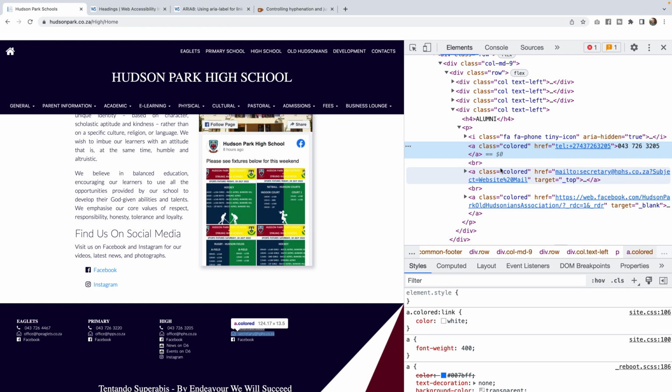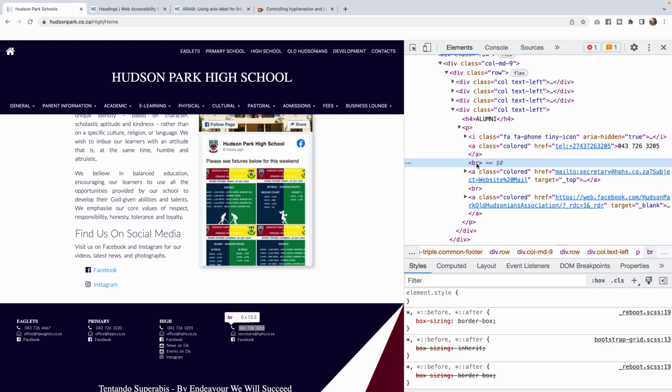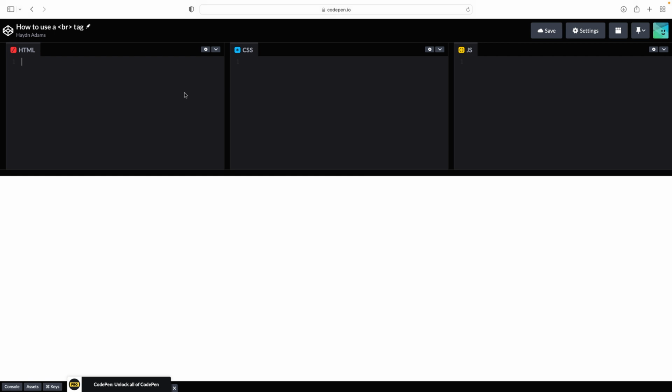So let's talk about break tags. Break tags should not be used to create space or break apart things. If we look at a break tag, what it should do is, if I have a P tag right here, so if I type P and then I'll close the paragraph just so I don't lose it, and I were to say 125 Oak Street, in theory, what would happen is I'd have to drop a line down for a proper address. So a break tag is meant to sit inside the P tags,